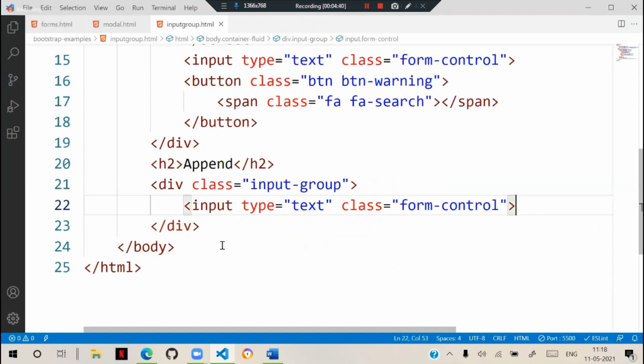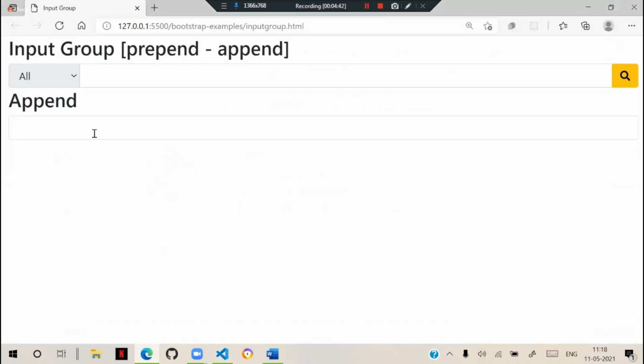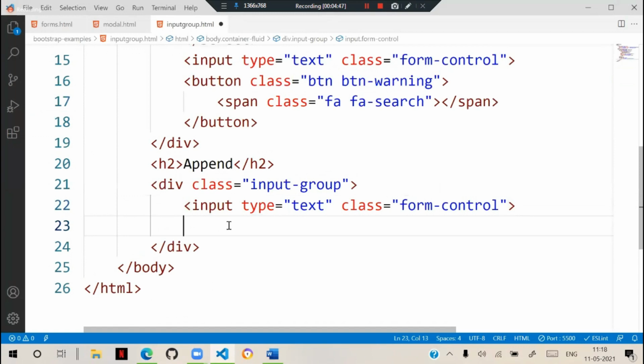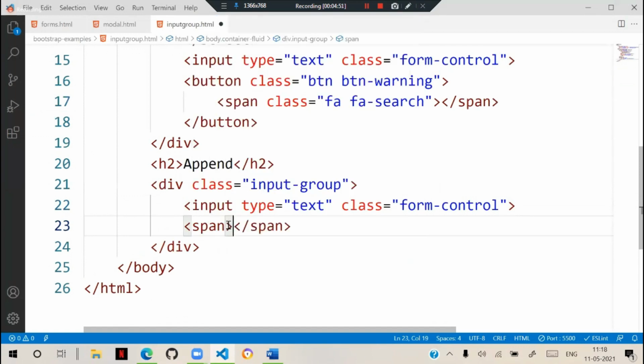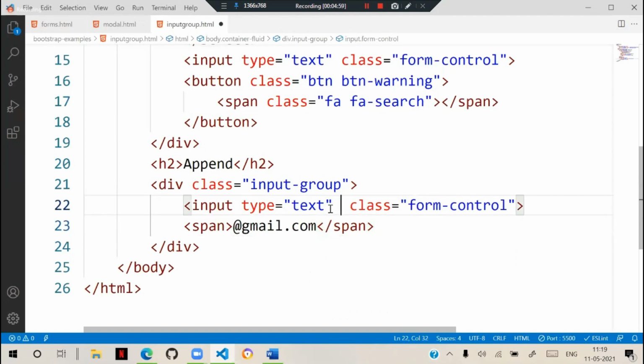Then generally it will have this appearance, that is the text box. And on the right side we will give a simple span, and this span will have @gmail.com, like this. And in this we will put a placeholder, your email, and @gmail.com, you can see on the right side.